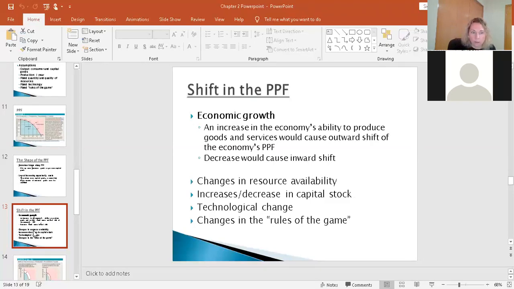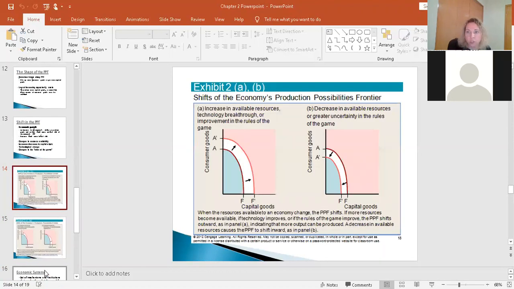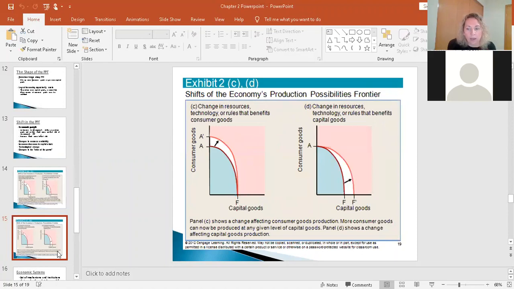All right, so let's look at some examples of shifts here. This is simply the visual representation of what we just talked about, okay? So here you see the PPF shifting upward and outward, which is what we typically do see here in the US, and the different reasons above it why we might see that happen. Decrease, second graph, again, it's just the visual of what we already talked about. But here's the interesting thing. This is really a segue to the next slide. And the next slide is